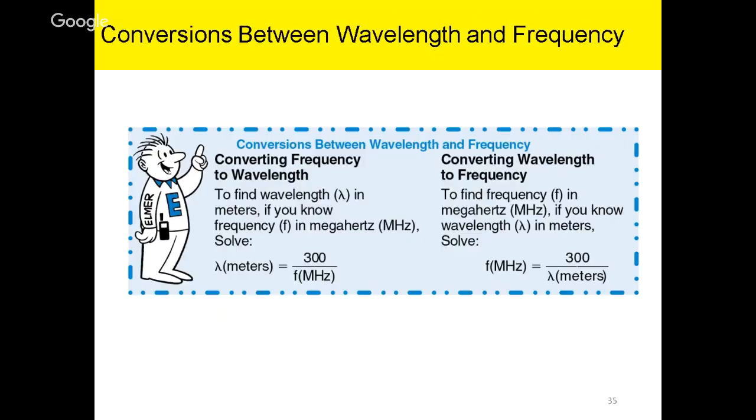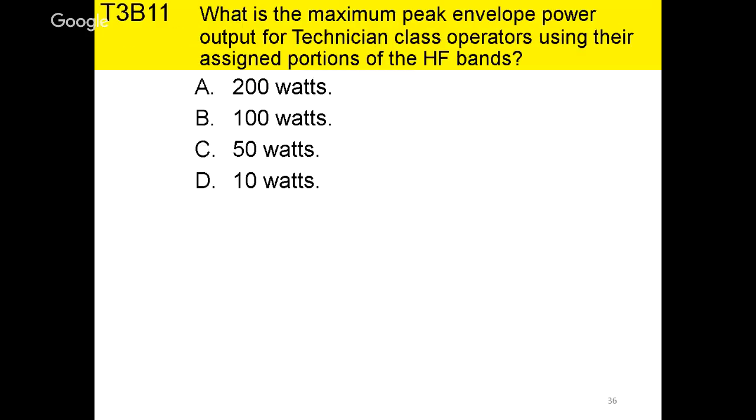And there's our little formula for converting frequency to wavelength and vice versa. So 300 divided by frequency in megahertz will give you the wavelength in meters. And 300 divided by the wavelength in meters gives you the frequency in megahertz. Good to go. So what is the maximum peak envelope power output for tech class operators using their